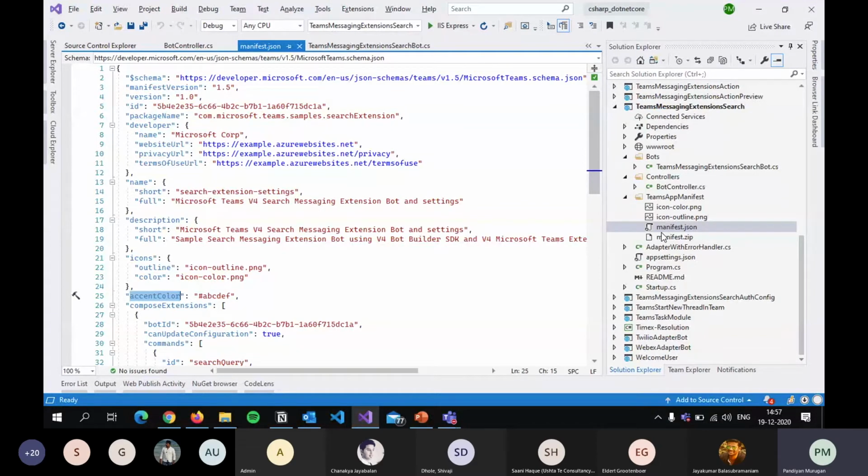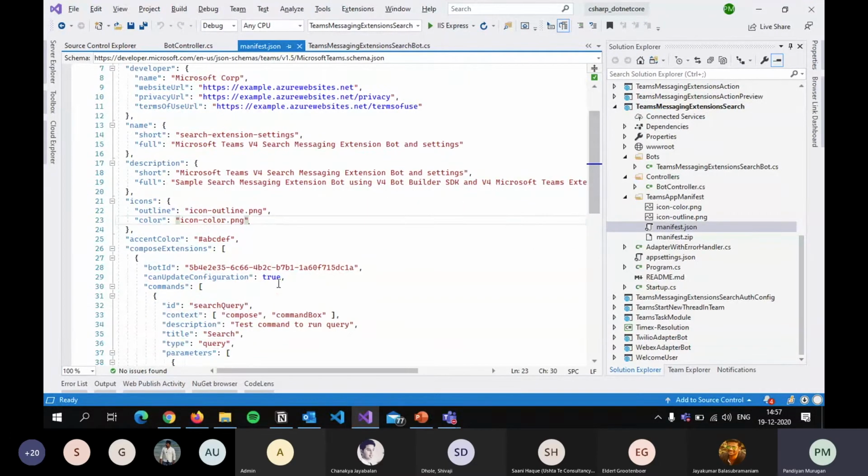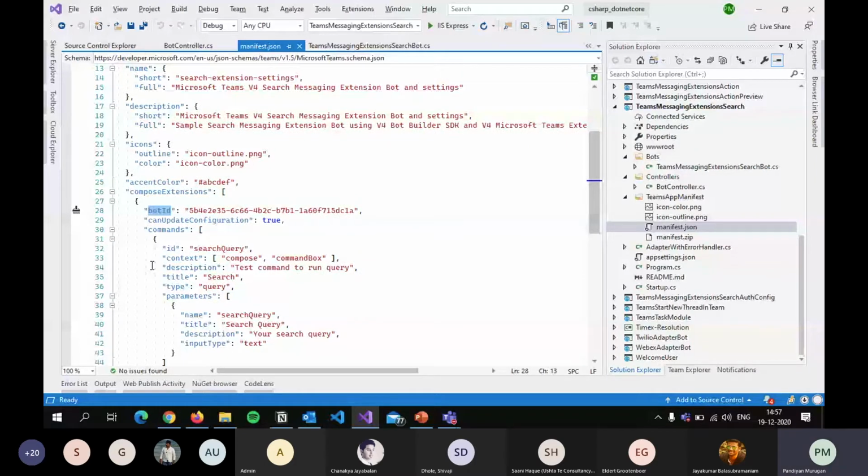Whatever we search will be sent to the web app bot. That bot will do a search and provide the results for us, in this search-based extension case. So this bot ID will be listed here. We need to list the bot ID, which we created in the Azure platform, and provide that information here.